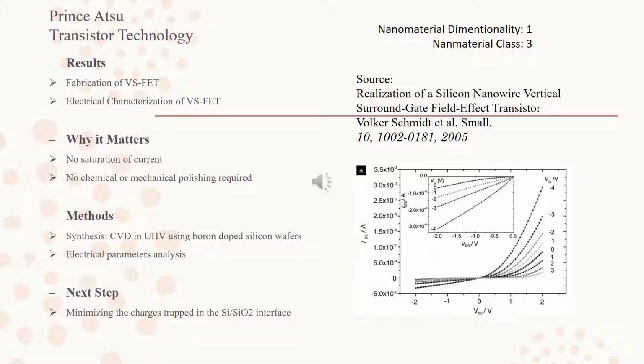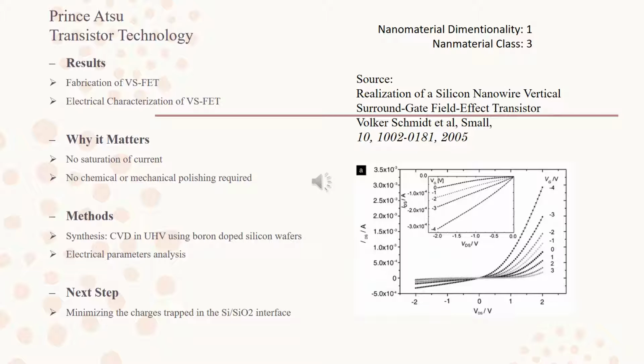But this is difficult to achieve with the VLS mechanism, that is the vapor liquid solid mechanism of making nanomaterials. So what was done in the case of this VS-FET was that